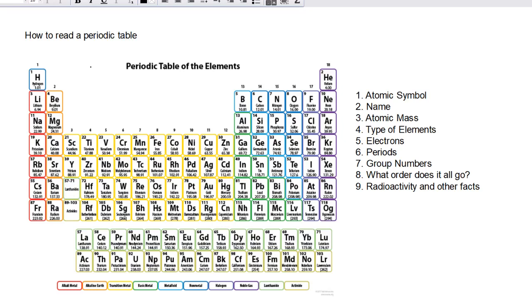What's up, everybody? Welcome to an extra lesson. So, I give extra lessons now, right? It's amazing. Anyway, this is how to read a periodic table, and it's really important